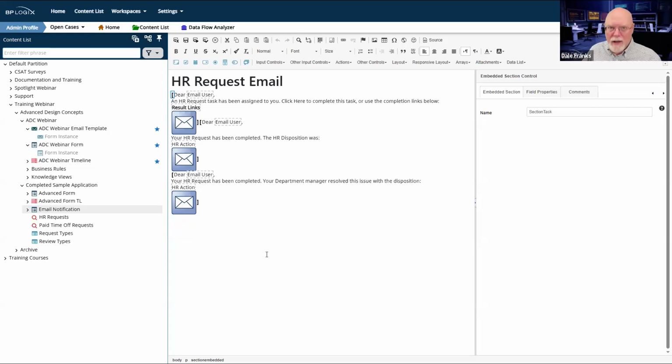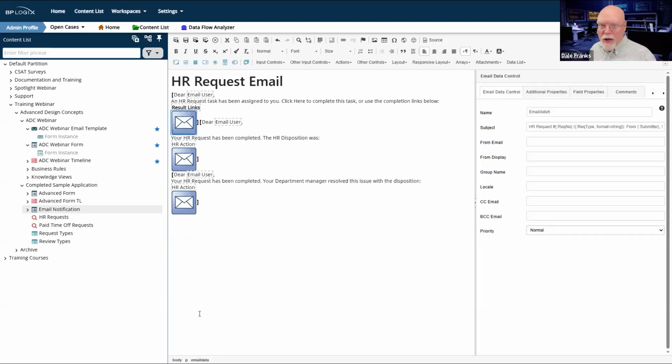I need to be able to send 3 different email messages based on where I am in the process and what has occurred in the process so that I send the appropriate notifications. Because I can only really have one email data control visible and working at any given time, if you have multiple, it's actually just going to default to the very first one and ignore the rest.